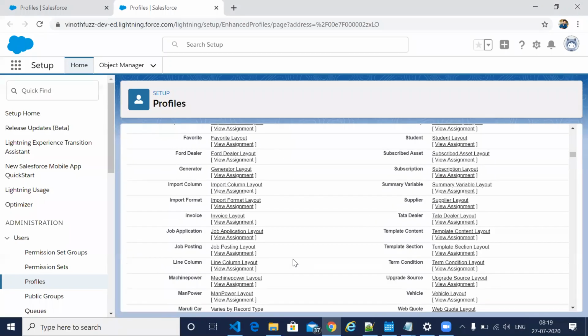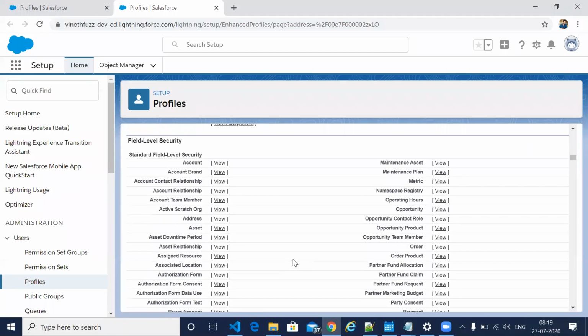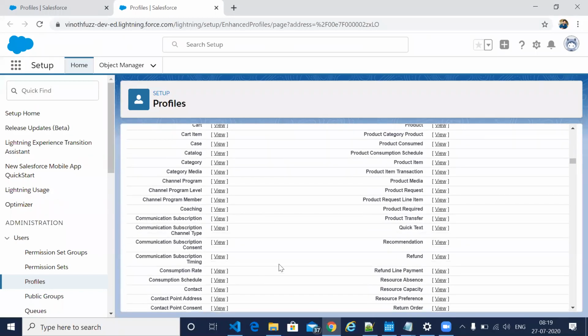Now we are focusing on object. This is fields.